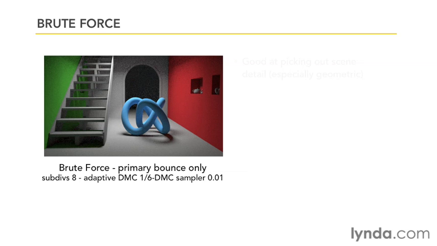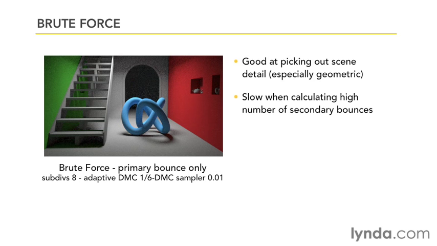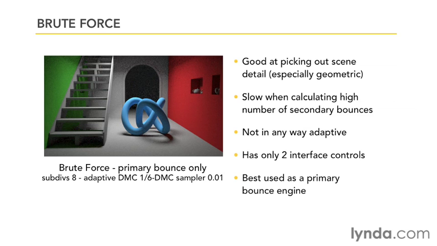The brute force GI engine, which was for a brief time called DMC GI, is a calculation method that in many ways is the opposite of the light cache system. Brute force is extremely good at picking out scene detail. It is slow when asked to calculate a high number of light bounces. It is not adaptive in any way at all. It has very few interface controls, 2 in fact, and is generally at its best when used as a primary